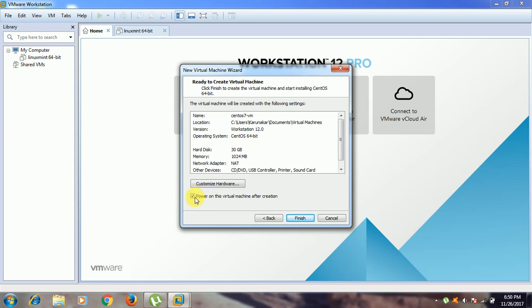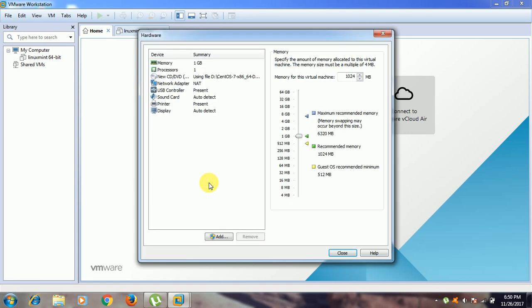So here, always check that power on this virtual machine after creation. If it is not checked, please check that option, and you need to go to customize hardware because we have to discuss something here. This is memory, that means that is our RAM. I'm giving 3 GB of RAM, so that is 3072 MB, right?